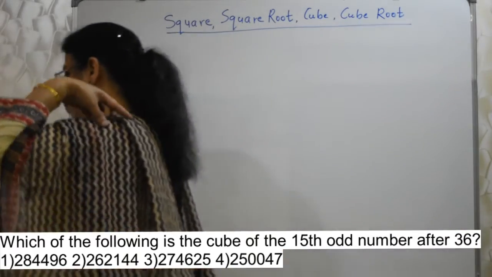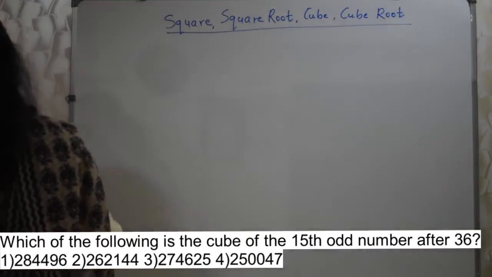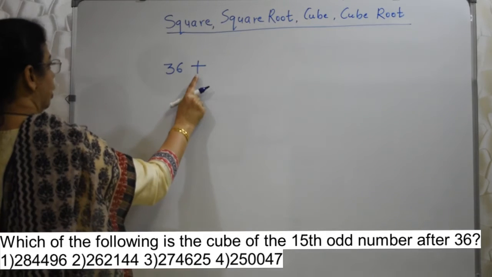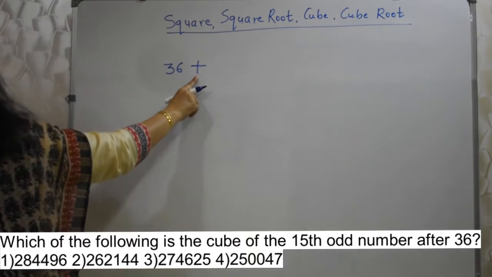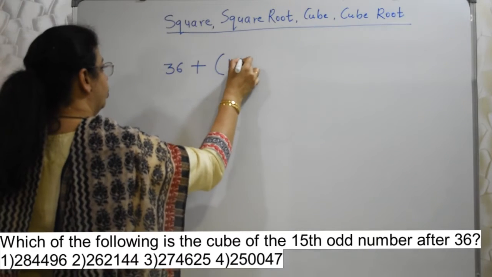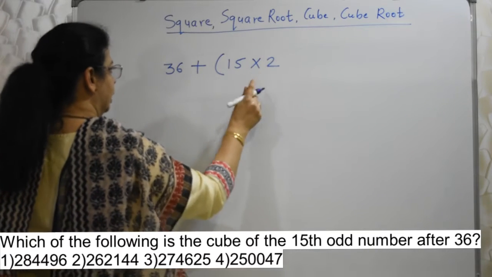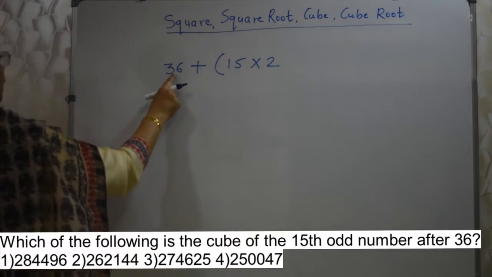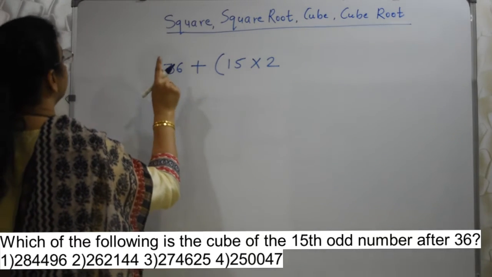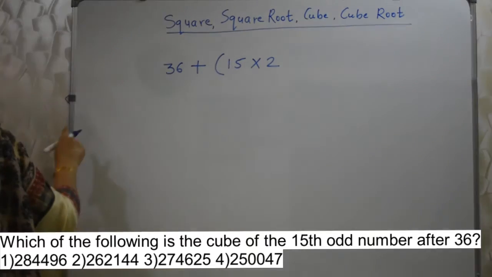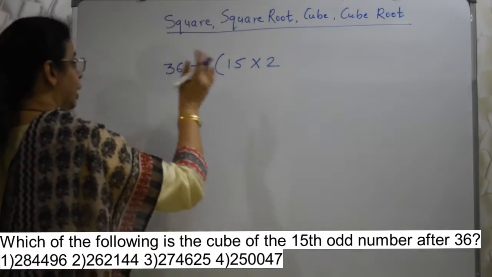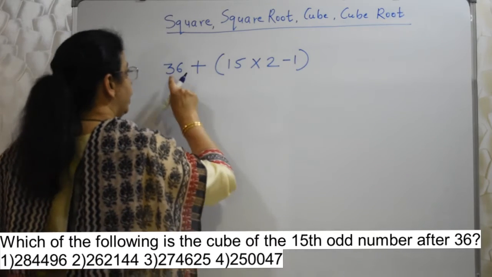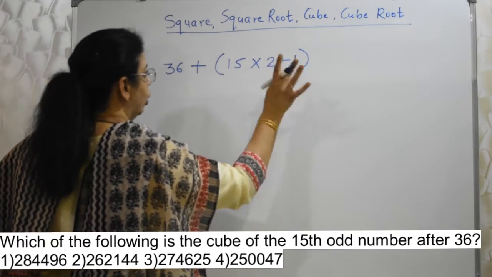So here I am going to share with you one formula. After which number they want us to find out? 36. So write 36. After means plus. Before होता तो इधर minus आता. 15th odd number, ordinal number जो कुछ भी है, 15 into 2 immediately. This is compulsory. Into 2. Now ask the question whether this is even or odd. The answer is even. This is even number. And they are telling us to find out 15th odd number. Even, odd. They are not matching. That's why minus 1. Otherwise, if even, then minus 1 will not come. Remember that.